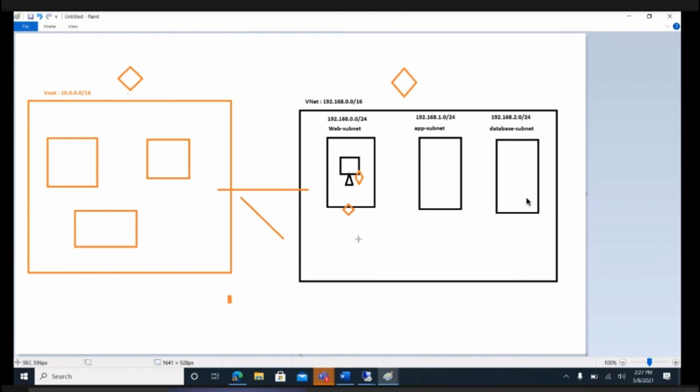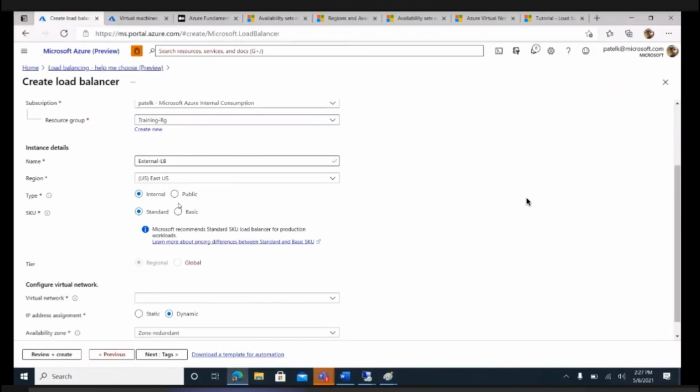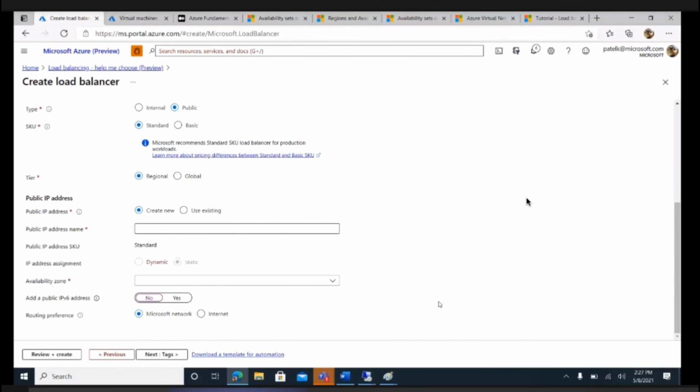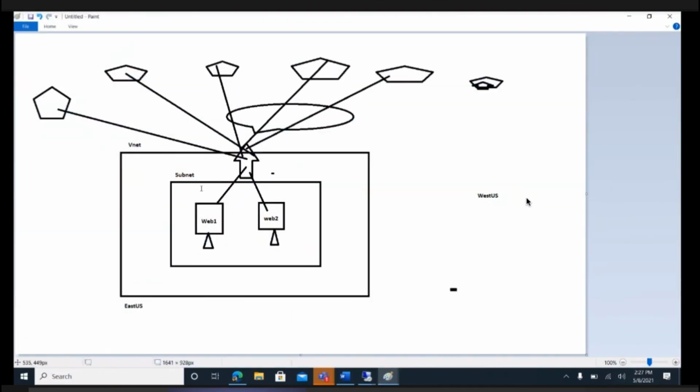Let's say I have a web server and I want to deploy a load balancer, I need to specify in which subnet I want to deploy it. But when you deploy a public load balancer, you will not have any such option, because a public load balancer isn't specific to any virtual network.